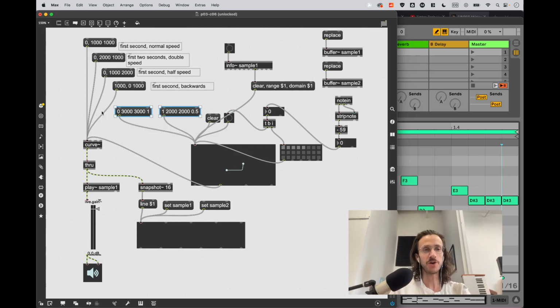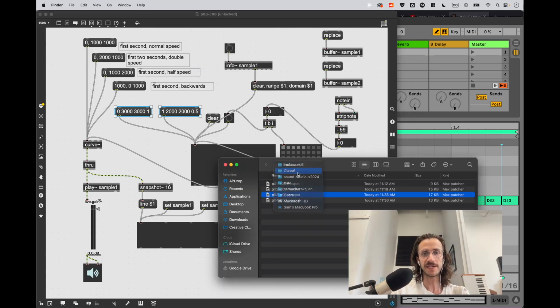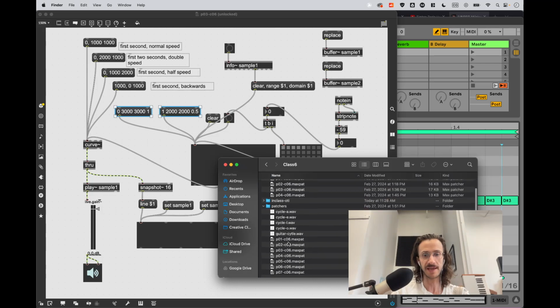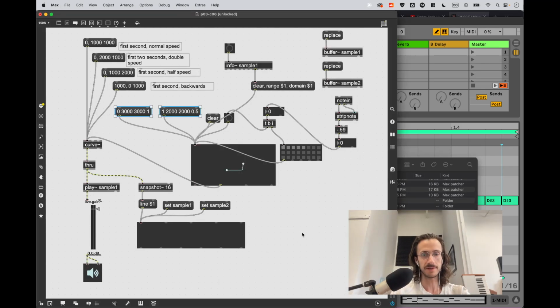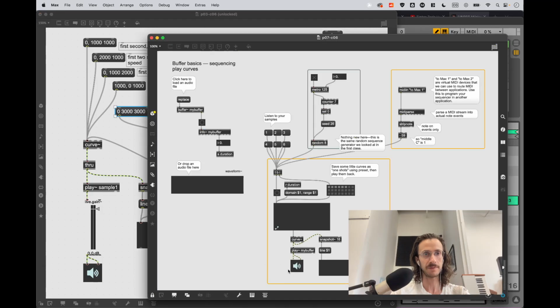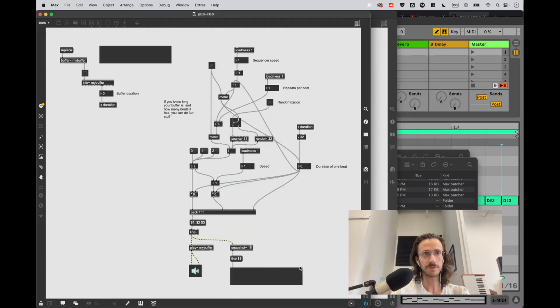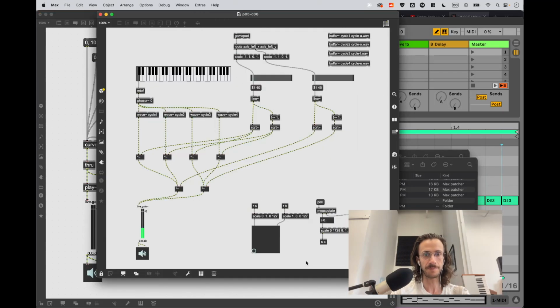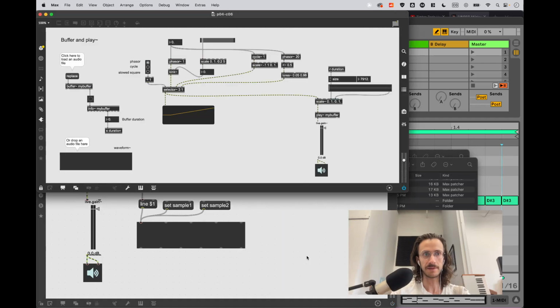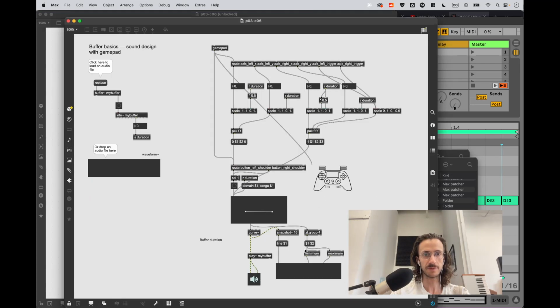The only reason I want to show this is because it's an interface to change these curves programmatically as opposed to using the mouse and keyboard. And that opens up some fun sound design possibilities. In particular, one thing you could do is, I'm just trying to find the patcher that shows this, not this one, maybe this one. Yeah, so I've got my trusty game controller here, and one thing that this lets you do,